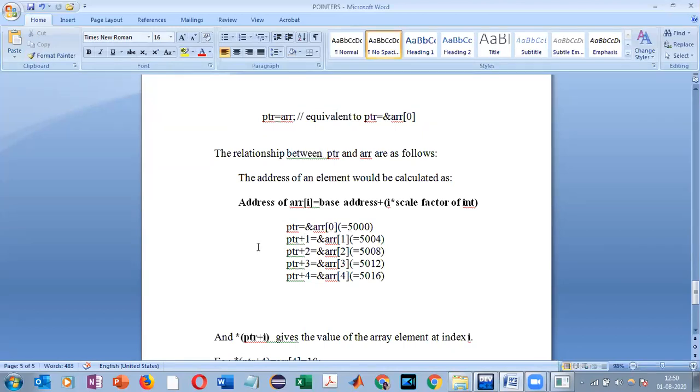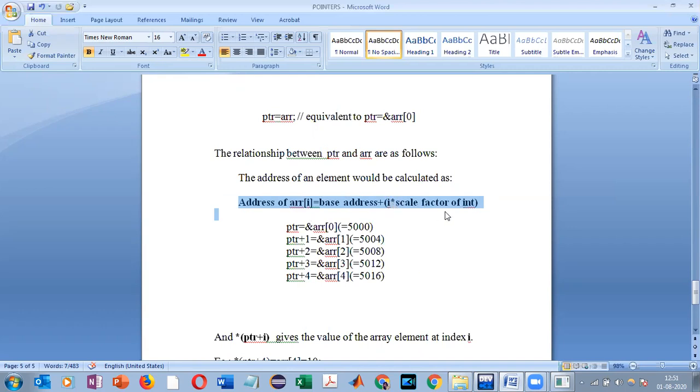So how are we going to calculate the address of an array element stored at a particular index I? We can use this formula: address of ARR of I, that is the element stored at the particular index I, is equal to base address plus index, that is I, into scale factor of int.